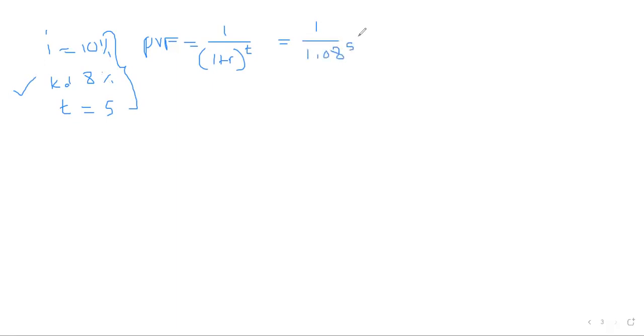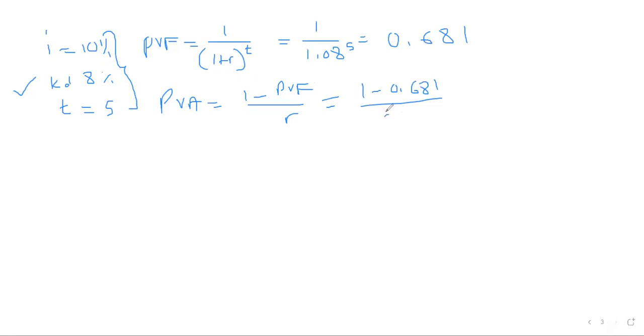1.08 to the power of 5. So what do we get? 1.08 to the power -5. Here we're going to get what? 0.681. Then the annuity factor, how do you find the annuity factor? 1 minus the interest factor over the interest rate. Okay. We get what? One minus the answer divided by 0.08. We get